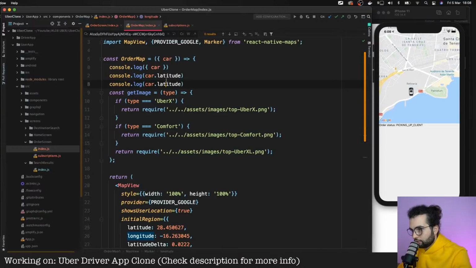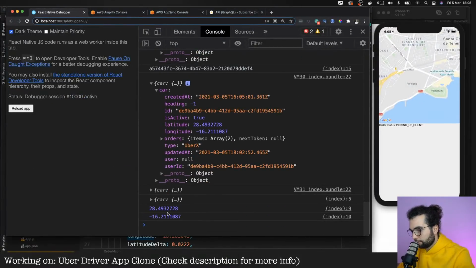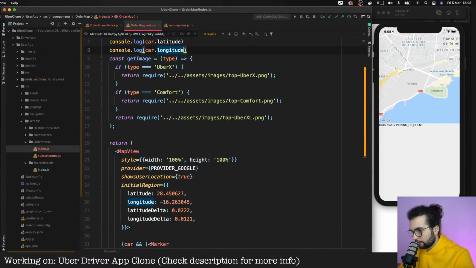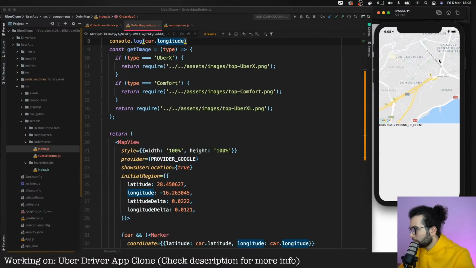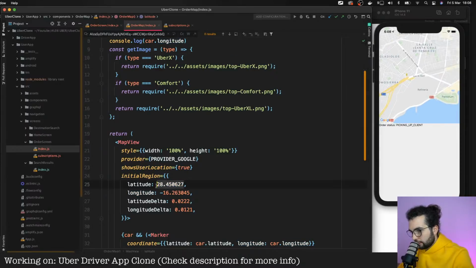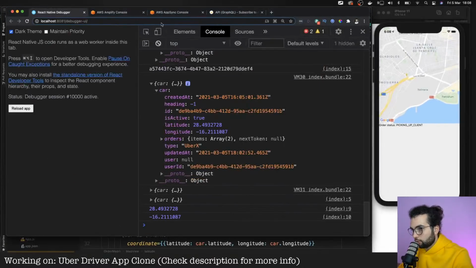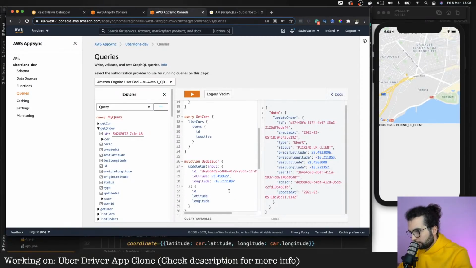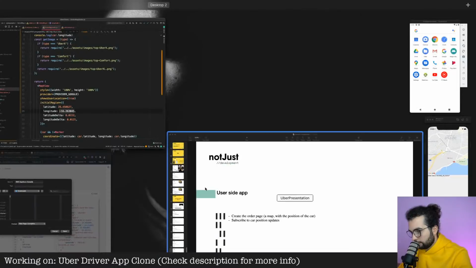Maybe I just need to scroll a bit because it's not on the screen. 28, minus 16. Let me just update the car's position with this one, because I think it is just not on the screen. So this one is 28. Yeah, I think it was not on the screen. And 16.